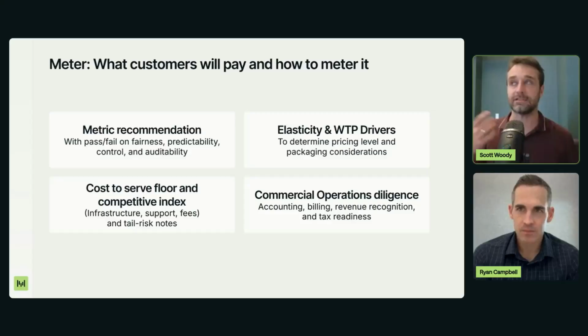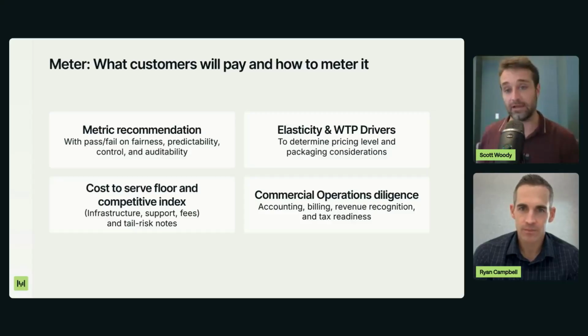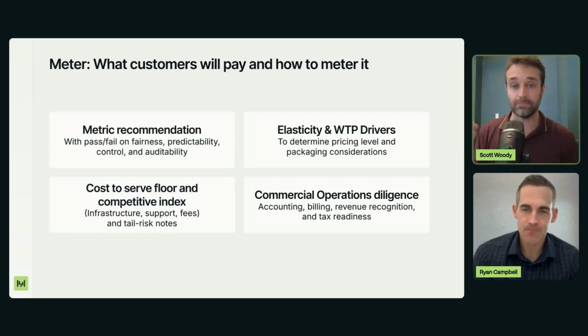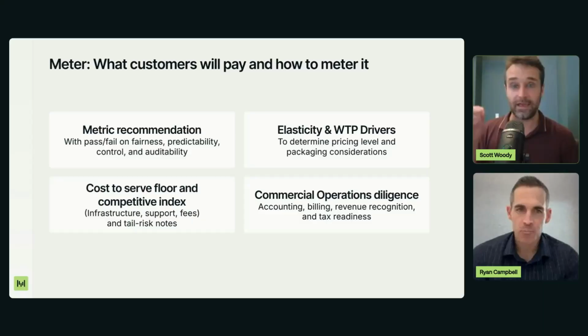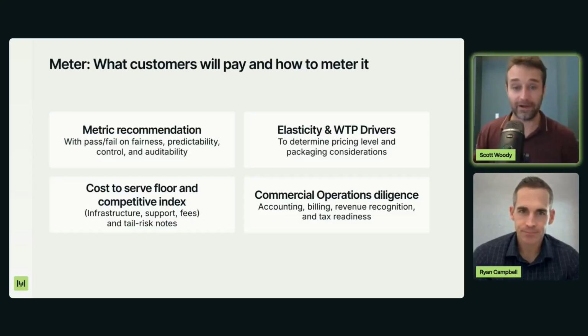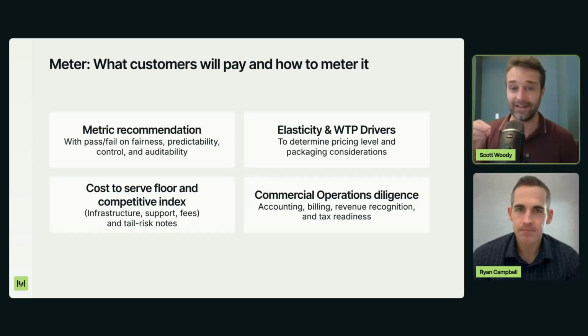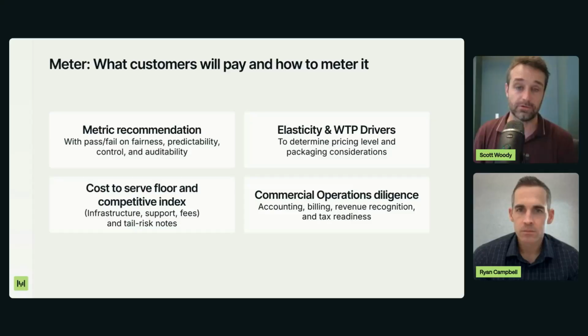And I think in these usage models, it's really tempting to get super clever and invent a new concept. But if your users can't repeat it back to you in a very simple way, guess what? They can't repeat it back to the economic buyer in a simple way. They can't justify this purchase price in a simple way. And again, I think simplicity is the thing, and user understandability is super, super critical.